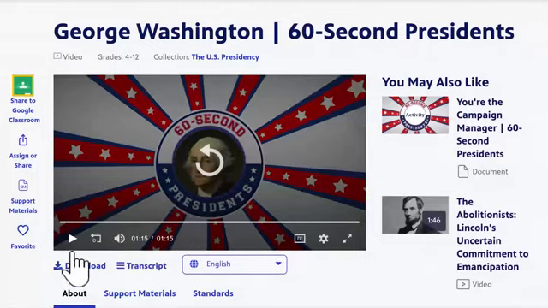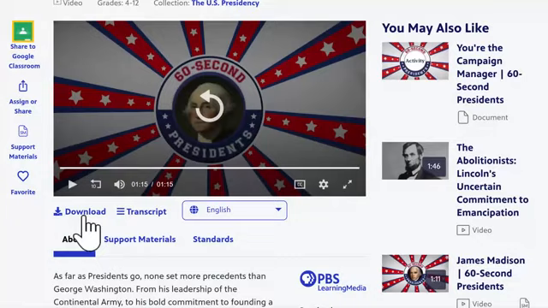So those are really fun. I really like them, and some of them have the presidents come up and tweeting and posting to Facebook. So for this one, since it goes by so fast and there's so much information, there's a transcript here that tells you in English and Spanish what's going on in the video. You can also download all of the resources. So if you find ones that you like, you can download them, and that way you don't have to worry about whether your internet is going to work or not when you're ready to use them.